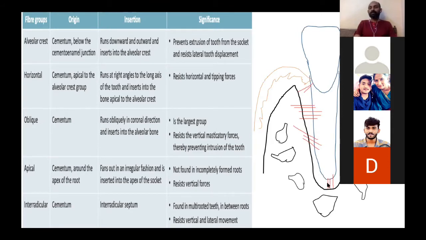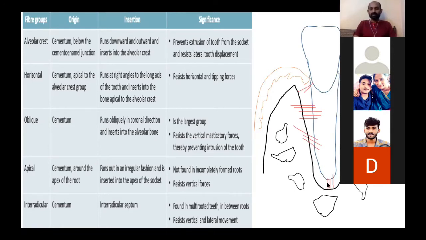Okay, so as far as this question is concerned, probably one of the two questions which can be asked from the periodontal ligament is the principal fibers of the periodontal ligament. It is a default question in any question paper. In more than 90% of the question papers, you will find this question. The question is principal fibers of the periodontal ligament.